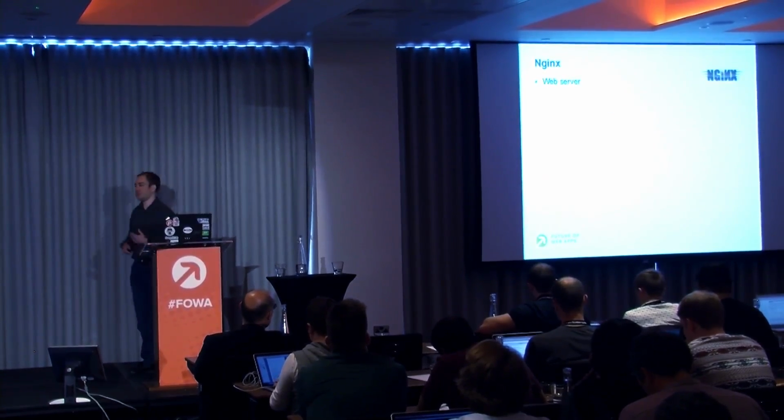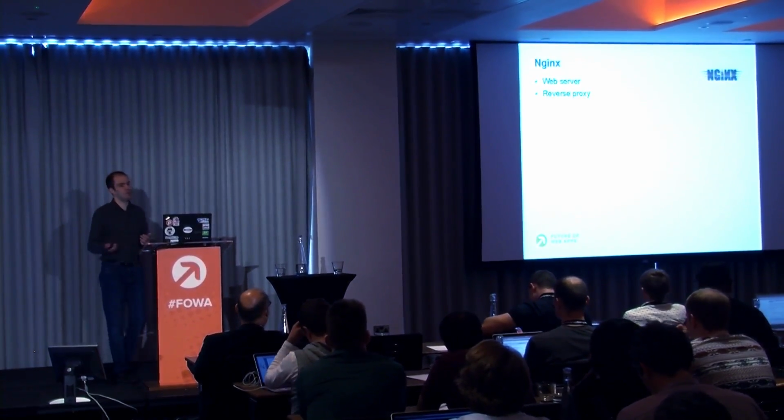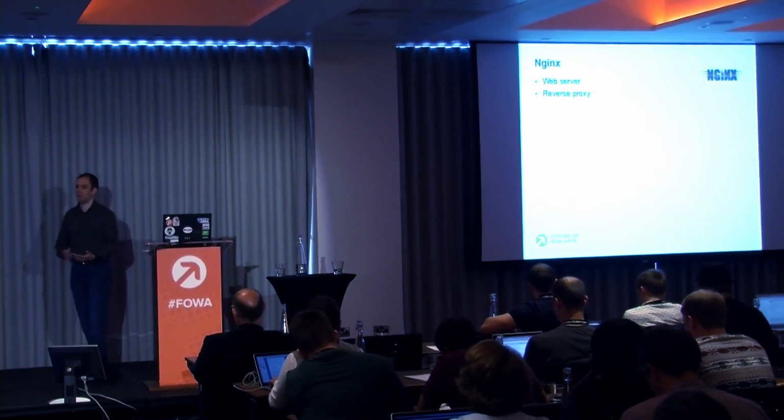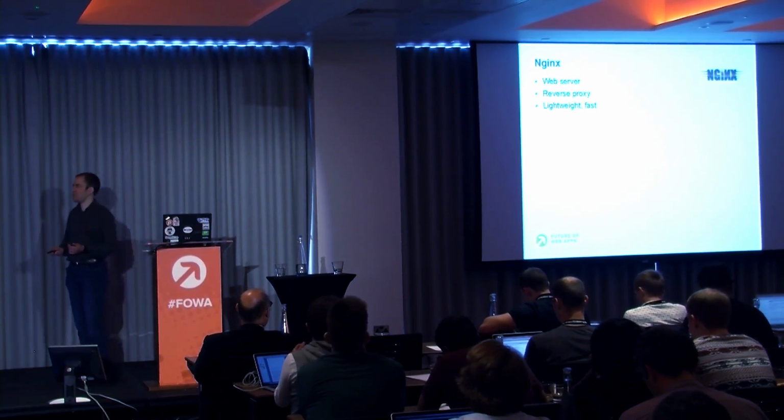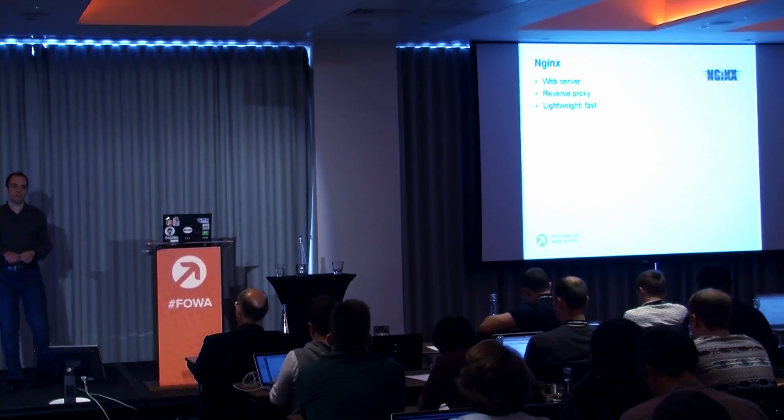Nginx is a web server, very much like Apache and all the others, an Internet Information Server. But it's also a reverse proxy. So you put it in front of a web server, and it will do very similar things to Varnish and all the other reverse proxies. The difference is it's extremely lightweight and extremely fast, and it hardly uses any memory. Just to give you some idea, if you connect 10,000 times to Nginx simultaneously, you'll be using 2.5 megabytes of memory. If you try to do that on Apache, your server's going down. It's also the second largest web server in the world today. Only Apache is bigger. It's serving almost 15% of all websites.